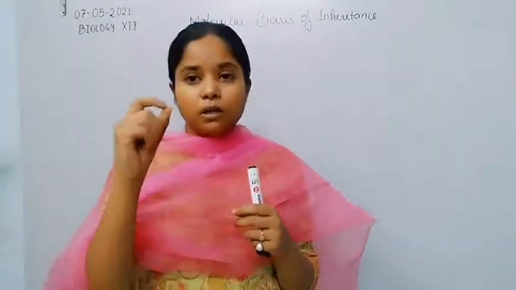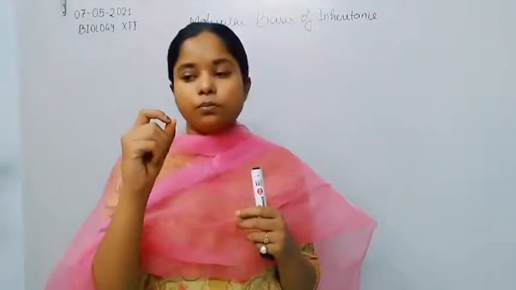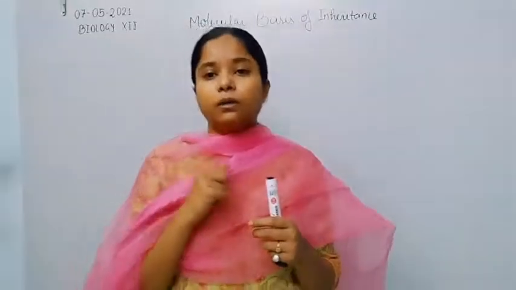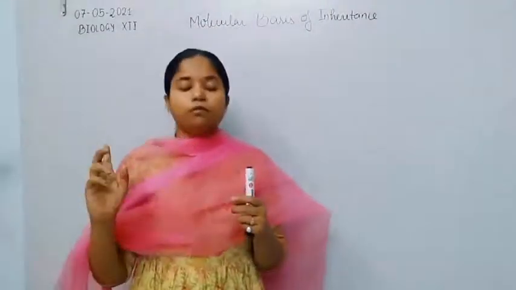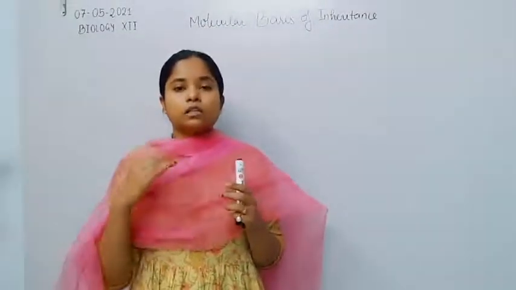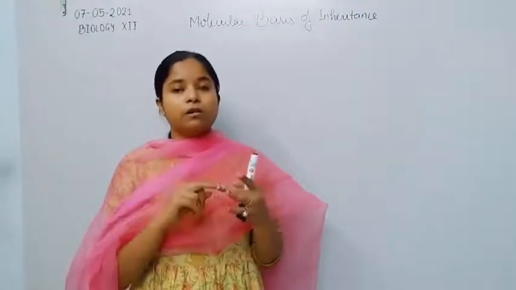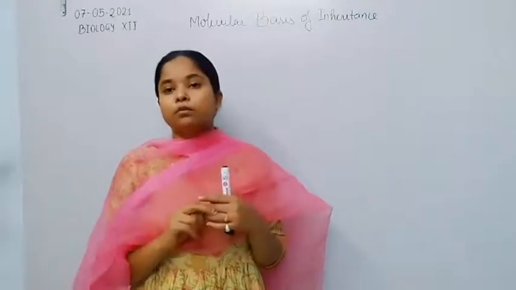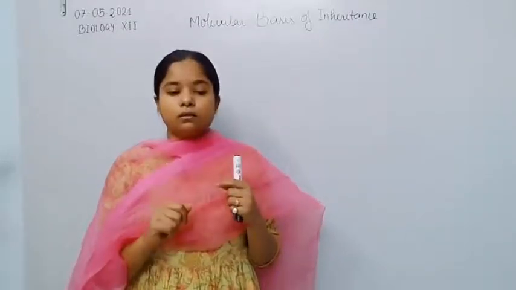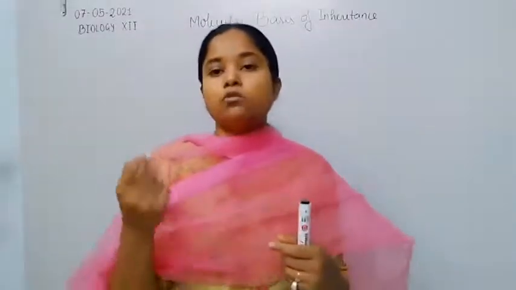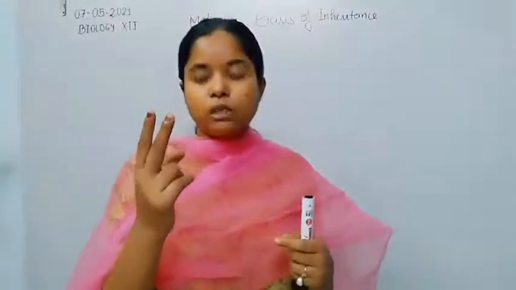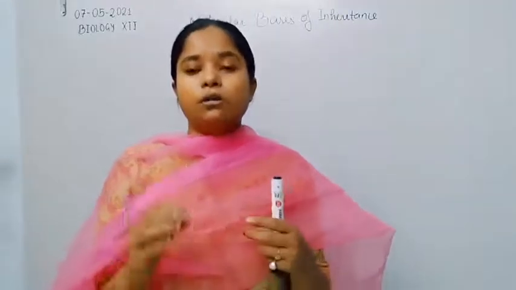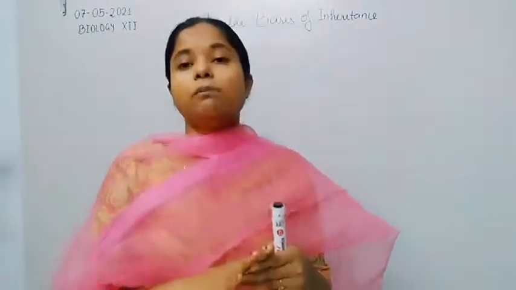The phosphate group attacks the 3' carbon. With the removal of one water molecule, the phosphodiester bond finally forms between the 5' carbon and 3' carbon with the help of the phosphate group. That's why it is known as the phosphodiester bond, because two ester bonds are formed during its formation.